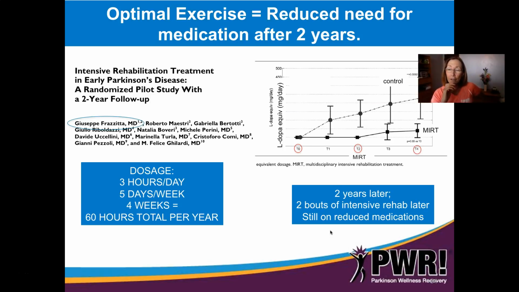This was the first study ever to show that people that participate in intensive bouts of rehab once a year required less medication. So this is a group out of Italy, and they had people receive PT, OT, and speech 3 hours a day, 5 days a week for a whole month, and every year they did it again. And so that's 60 hours per year of intensive exercise that was Parkinson's specific, skilled, targeting those dopamine circuits, aerobic exercise. And on the right, you see that 2 years later, the bottom line represents the group that had what's called multidisciplinary